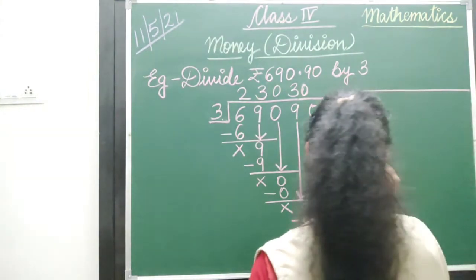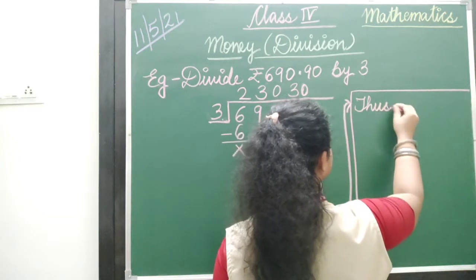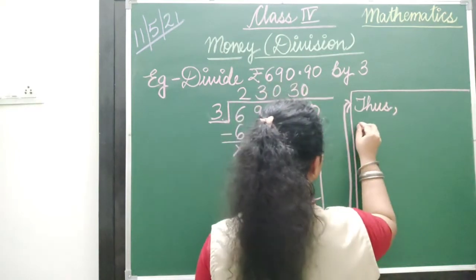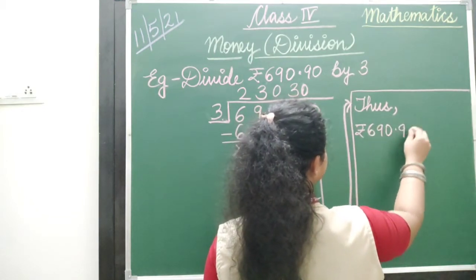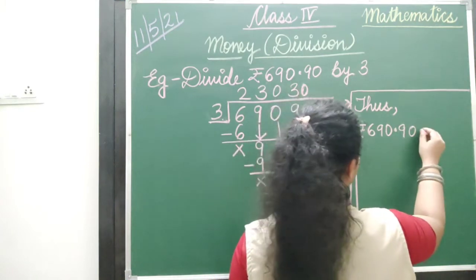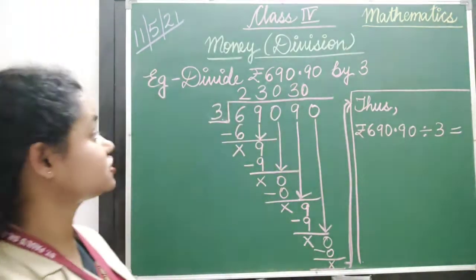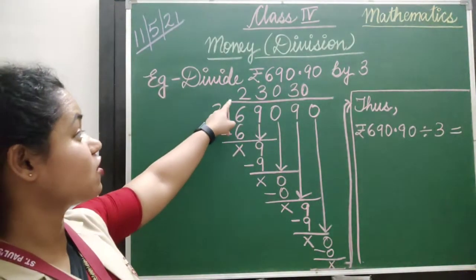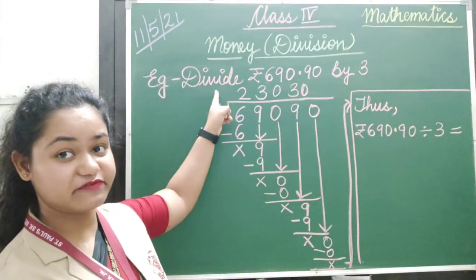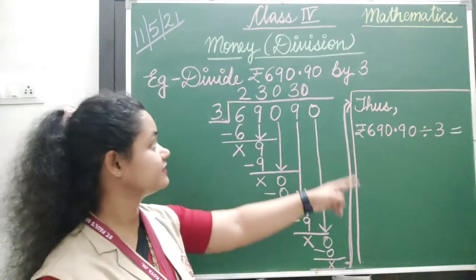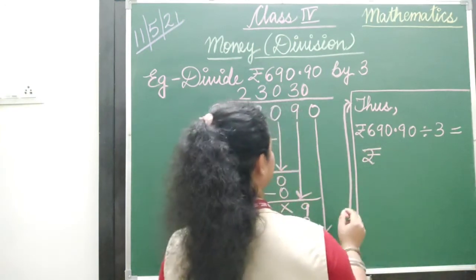Now, what you are going to do is write, thus, rupees 690.90 divided by 3 is equal to, what question you all got here? The question which you got here, you are going to write that particular question again. This question which you have got, you are going to write this number as it is with a rupees sign in front of it. Okay, rupees